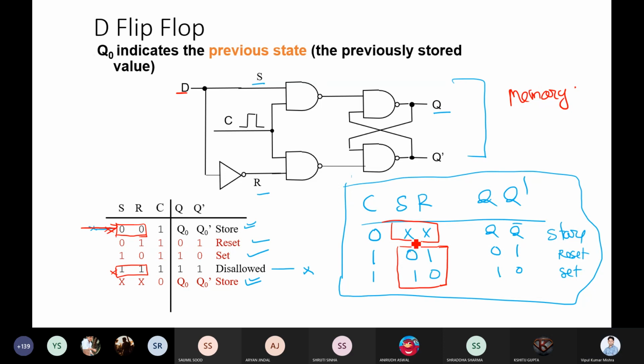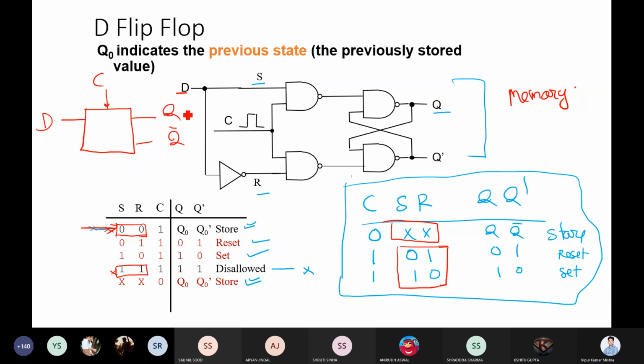Right? How exactly will it work? Once you have clock 0, it will act as a memory cell. If you stored Q value as 0, it will remain 0 till your clock is 0. If you stored Q equal to 1, it will remain 1 till your clock equal to 0. So you can say when clock equal to 0, it will act as a memory unit. Now, suppose you have this memory cell, right? And you have input D and you have input clock, right? So you can see we have input clock, you have input D. Here we have two outputs, Q and Q bar.